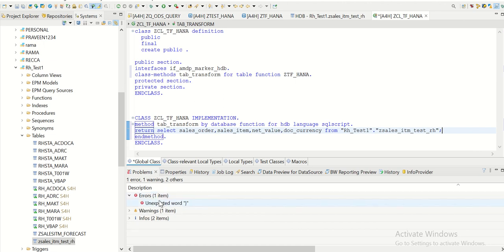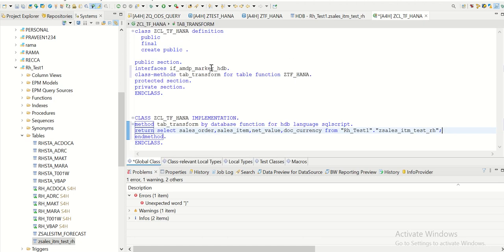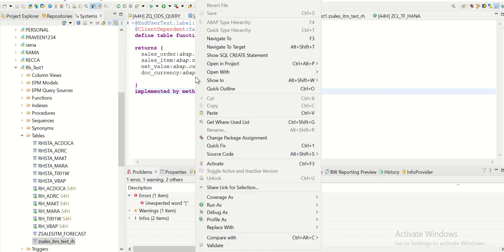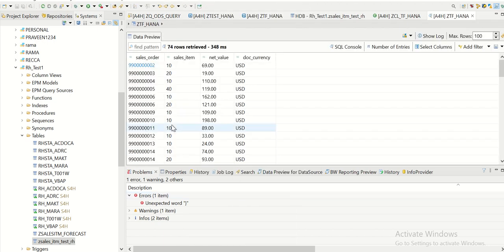This error is not from this. This error is for this CDS view, which will be using the table function too. So don't mind that error. Your class is fine. It's perfect. That's activated. Okay, good. Your class is activated. Your table function is also activated. So what we'll now do is open a data preview on the table function,